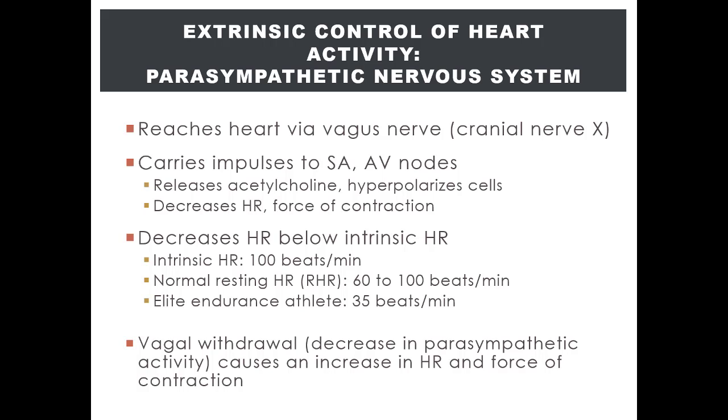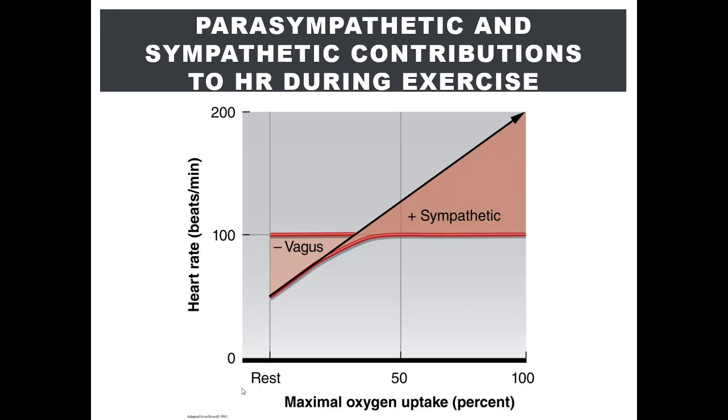This withdrawal of the parasympathetic activity or tone to the heart is referred to as vagal withdrawal. Vagal referring to the vagus nerve, which is the main parasympathetic nerve that innervates the heart. So if I ask the question, which of the following describes the extrinsic mechanism by which the heart rate increases, it would be increased sympathetic activity and vagal withdrawal. This means you should know that vagal withdrawal is referring to the parasympathetic withdrawal, or a decrease in parasympathetic activity on the heart.